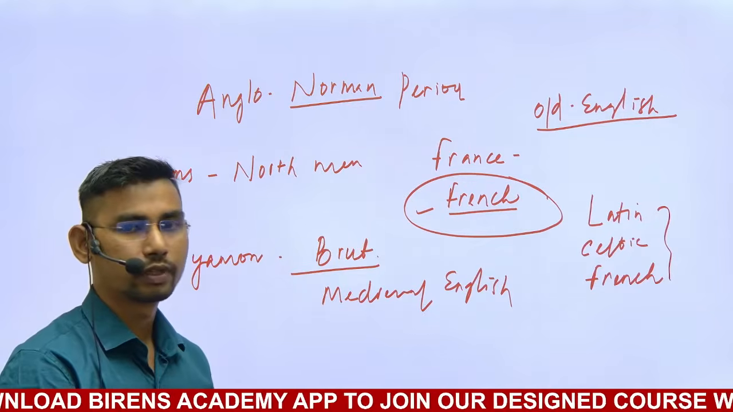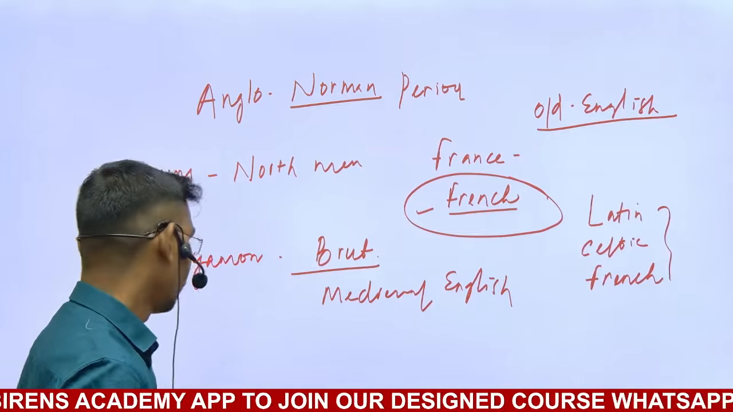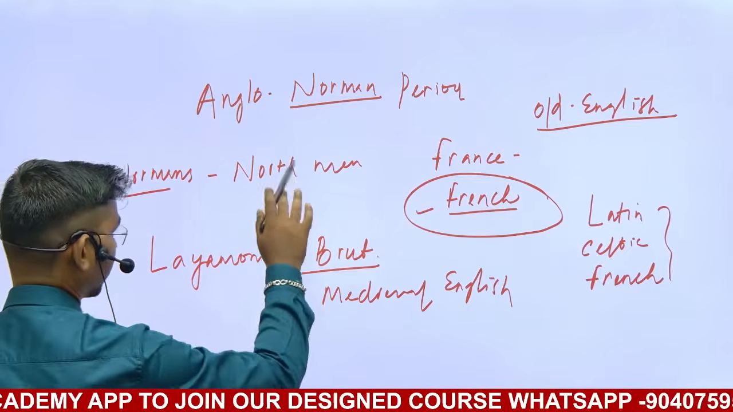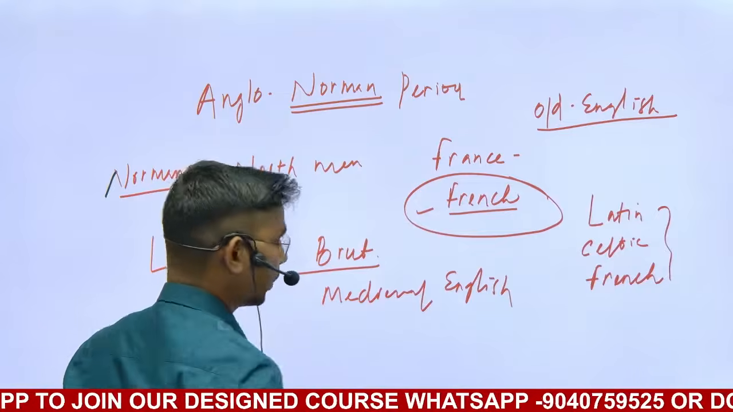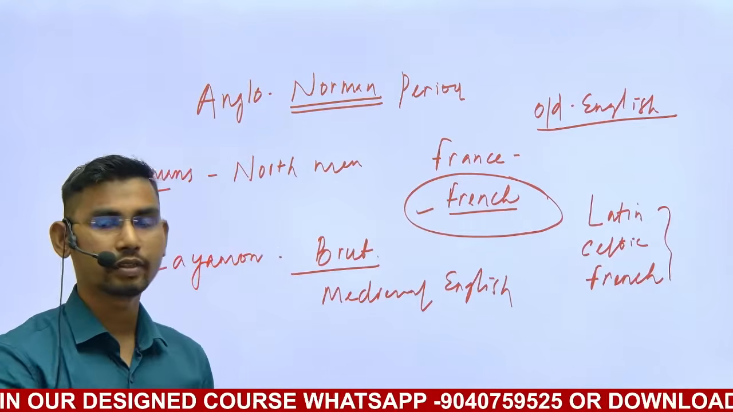English language gradually became the language of the land then. Okay, we skipped one thing, that Anglo-Norman was the period, but how did they come and how did they